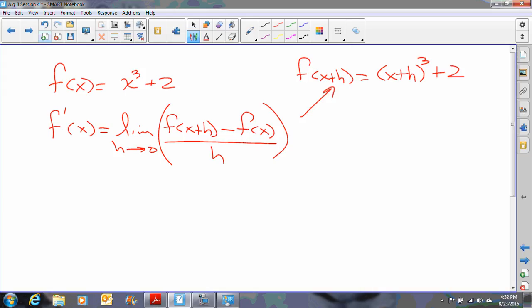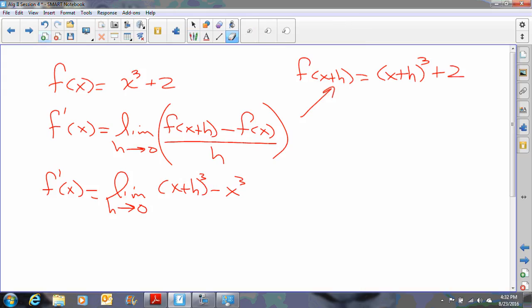So the next line is f prime of x is equal to the limit as h approaches 0 of x plus h cubed plus 2,